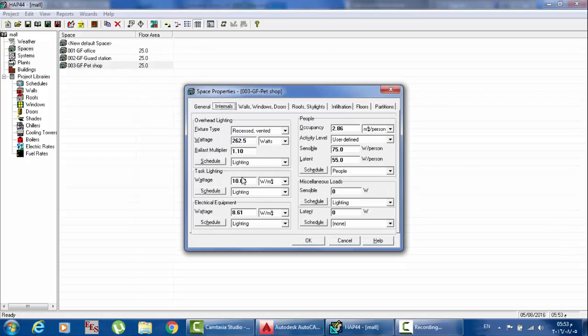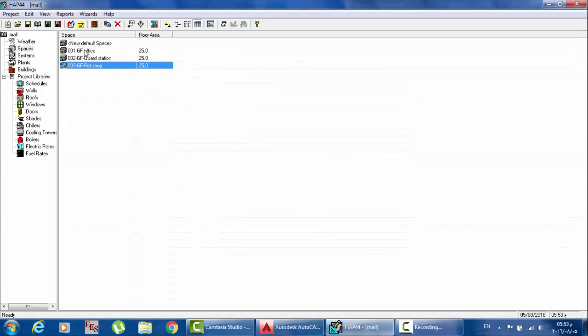It's very useful if you forgot to set these values, or you have already set them but you changed your mind and you have to make all of them with a single number. One number is 10 watt per square meter. You can make a duplicate,